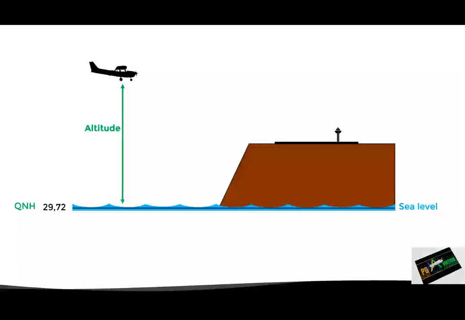On the other hand, let's suppose that this airport, which is at a certain elevation above mean sea level, has a pressure of 27.92 inches of mercury. In this case, this would be the QFE, which is the pressure level that identifies the airport level. This means that if the pilot adjusts the altimeter with 27.92 as the barometric reference, it will measure the height